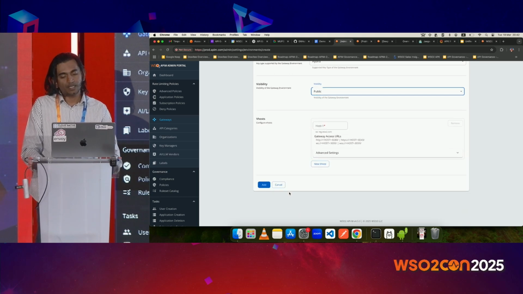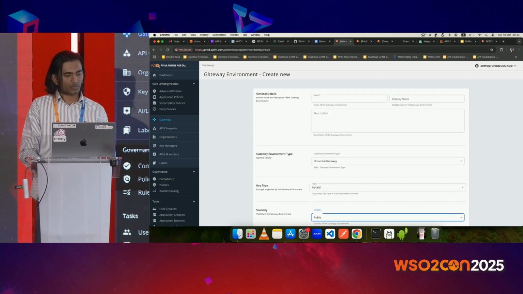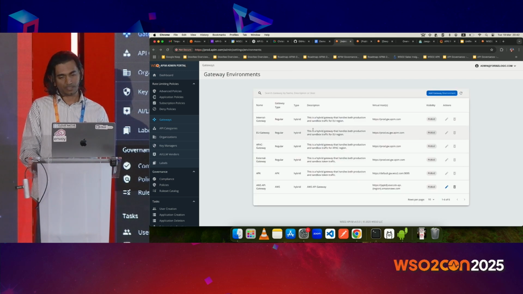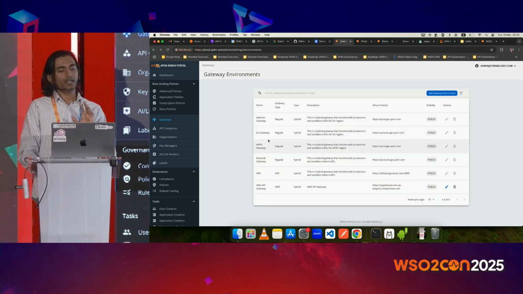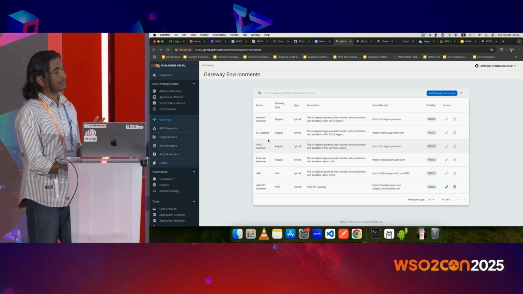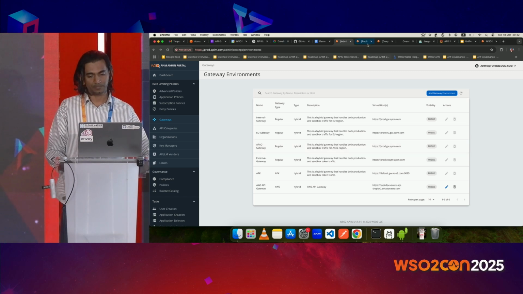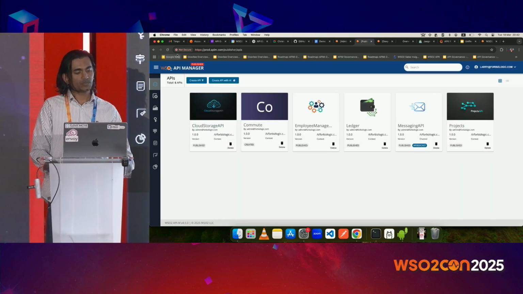So then if you're using vhost feature, then you can add vhost entries as well. I'm not going to go into that path. So likewise, we can add different gateways. So first part of the demonstration, I'm going to create an API and deploy that into AWS Gateway and show how we can invoke that API. So to do that,